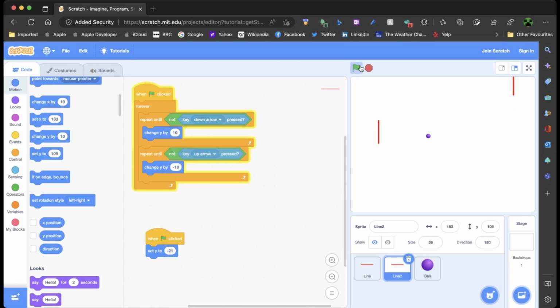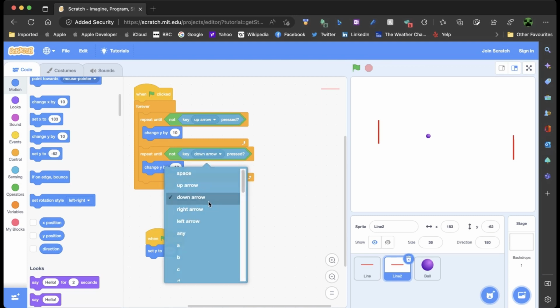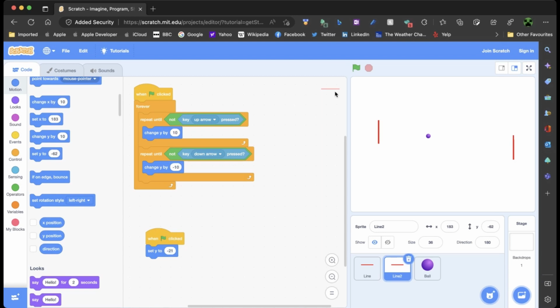I'm pressing the down arrow. This is what is happening. I'm pressing the up arrow. See, that's not what we want. So let's make sure it's correct. The change Y by 10 is up and change Y by minus 10 is down. Perfect. Now we have our